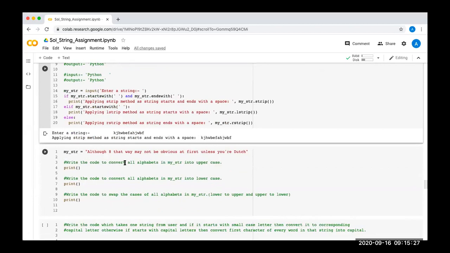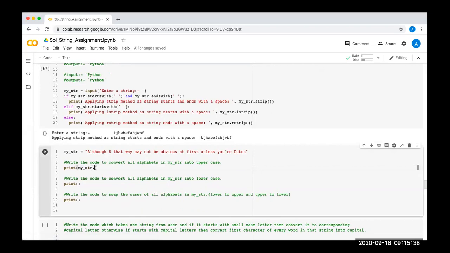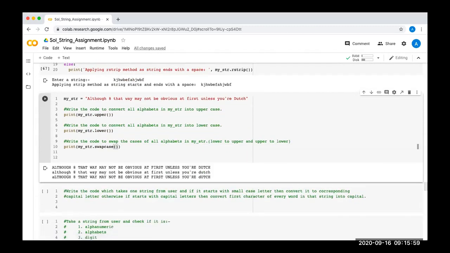Now write the code to convert all alphabets in my string into uppercase, write the code to convert all alphabets into lowercase, and write the code to swap the cases. So simple. You may write my_str.lower. Sorry, this is upper, and here you will be writing lower, and here you will be writing swapcase. Okay, this is the last simple. First one is all in the uppercase, next one is in the lowercase, and next one is in the